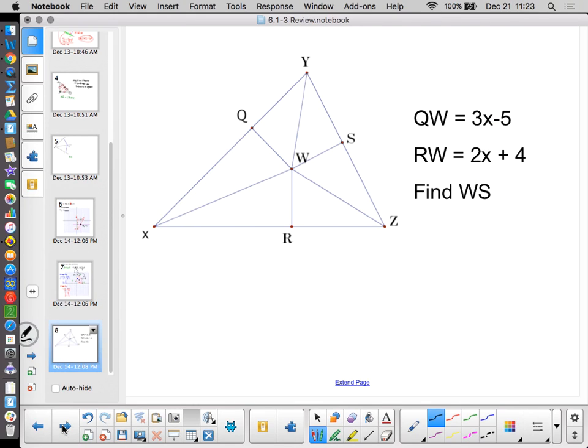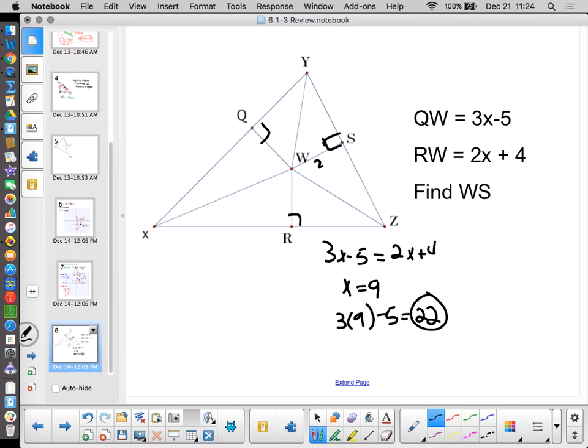This one is straightforward. We simply set them equal, substitute in. 3x minus 5 equals 2x plus 4. It's an in-center because it's equidistant from the sides. Okay. So x equals 9, substituting that back in, 3 times 9 minus 5 is 22, and all of these have to be 22 units long, equidistant from the